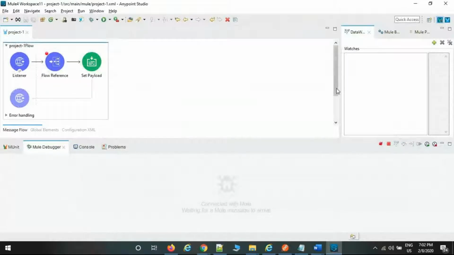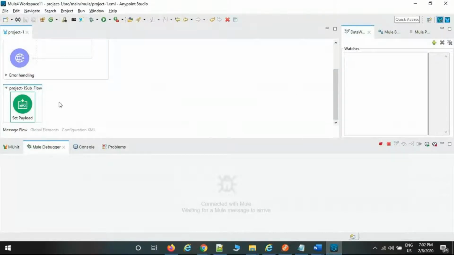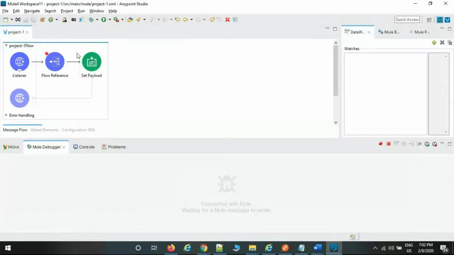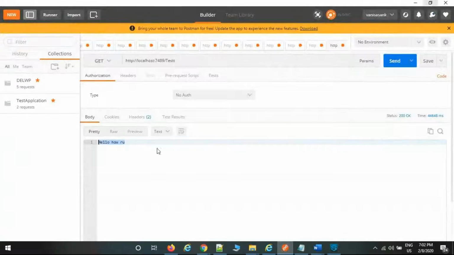Whatever this payload data executed, this output is going to be carried to this palette, it is going to be executed, and this is the final output, which we can display here only. This is how it works internally. If you want to know the detail, select debug mode so that you can execute in parallel and see each palette's input and output. What is the previous palette returning to the next palette? After execution of this one, what is going to be returned to the next palette? Like this, if you want to know the detail, then go for debug mode.